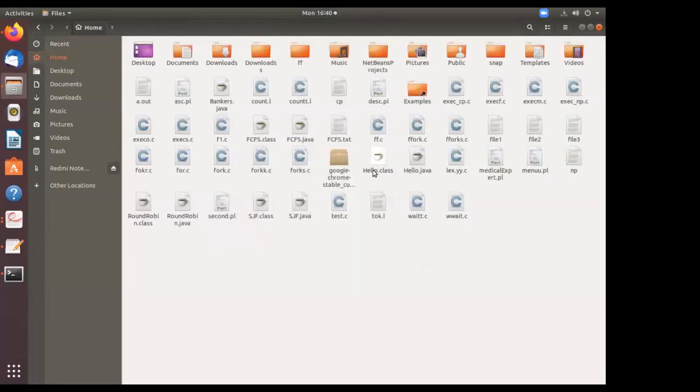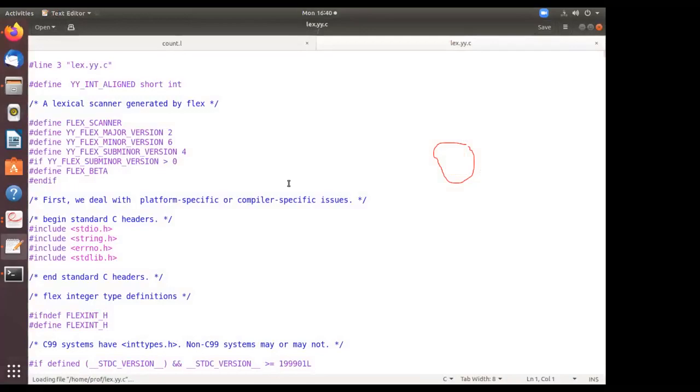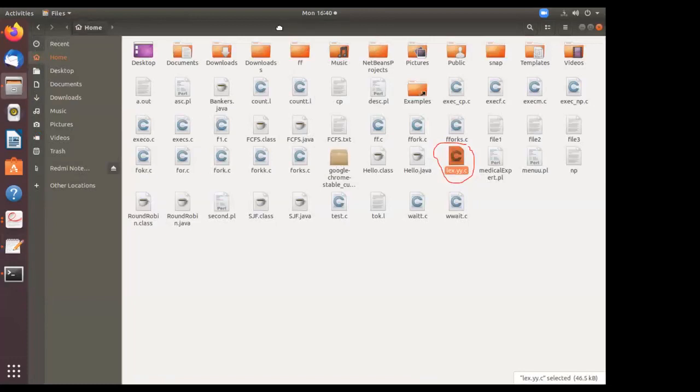On the home you have to search for lex.yy.c, and here you can see our lex.yy.c is generated. Understood? If you open this, you can see this is the C program for your lex program. This is the file we generated after the first step.